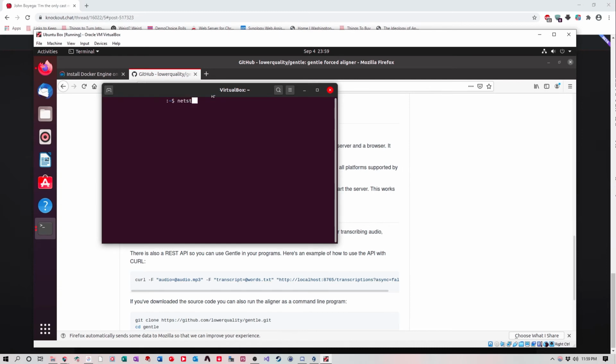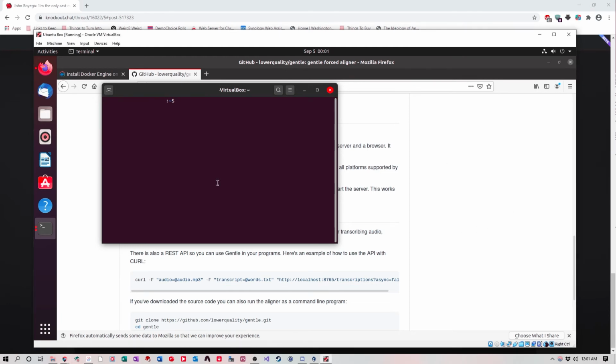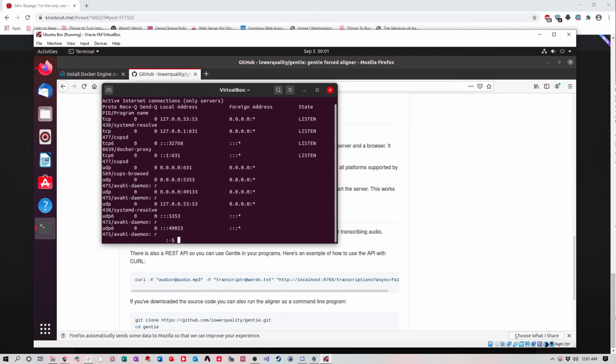And if we type netstat, it'll say that we do not have it installed. So we will sudo apt install net-tools. Give our password once again, and let this install. Okay, now that we have netstat installed, we are going to sudo netstat -tulpn. And if we look right here, we will see Docker proxy is